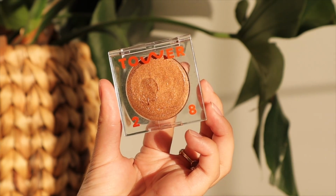I can't recommend this foundation enough, and their shade range is quite amazing for a drugstore foundation. I'm very highly impressed with this. I would totally go for it if you've been thinking about it. Love it so much. The next product I'm going to be talking about is the Tower 28 Bronzino, and the